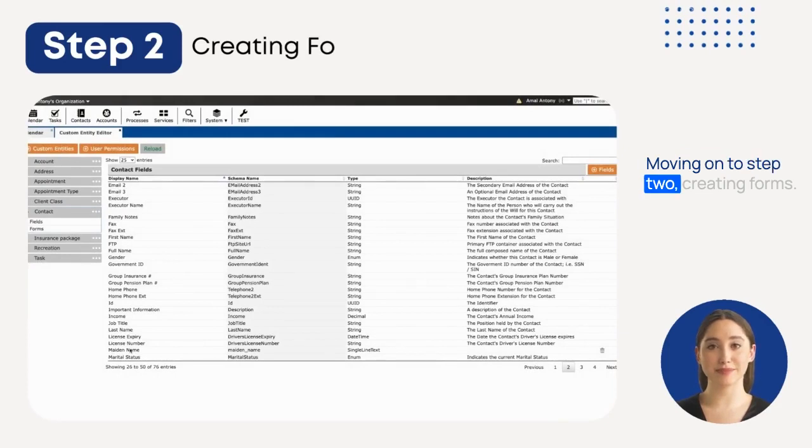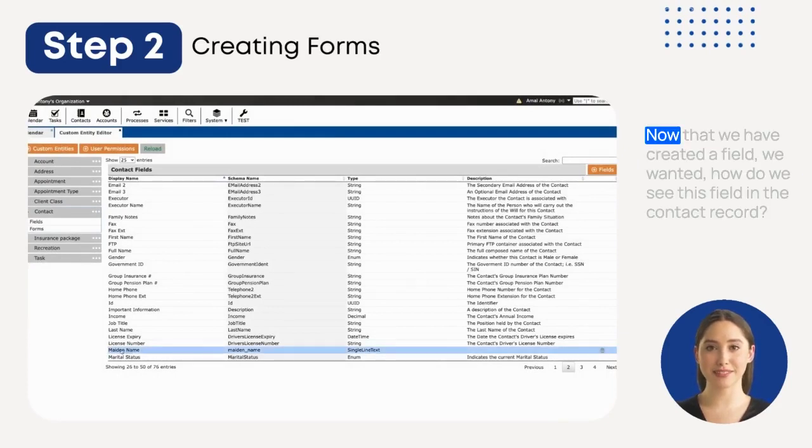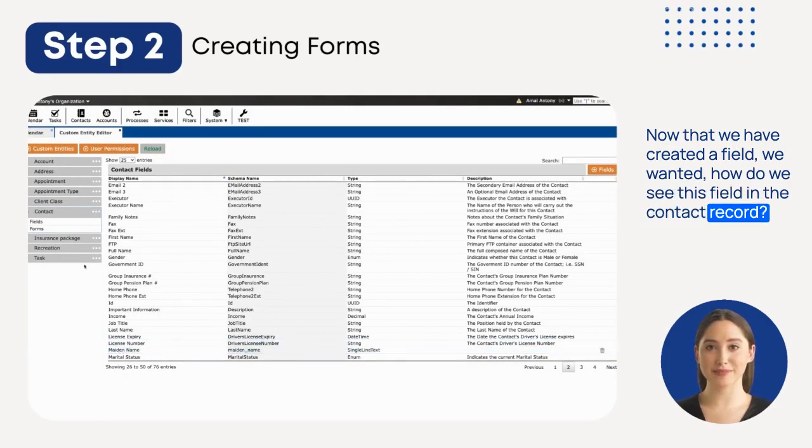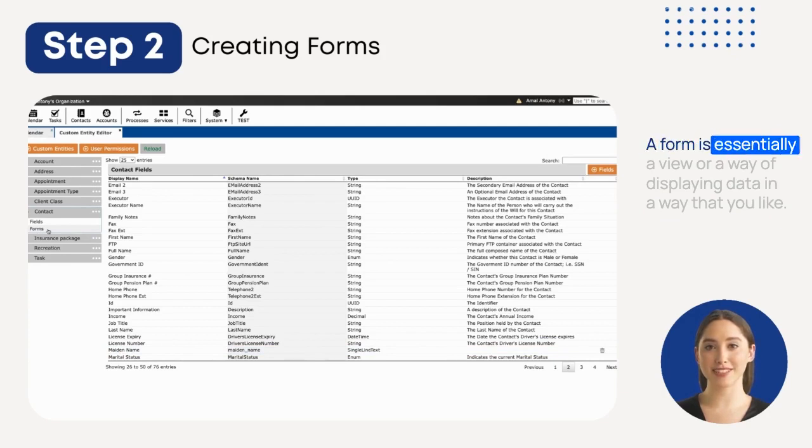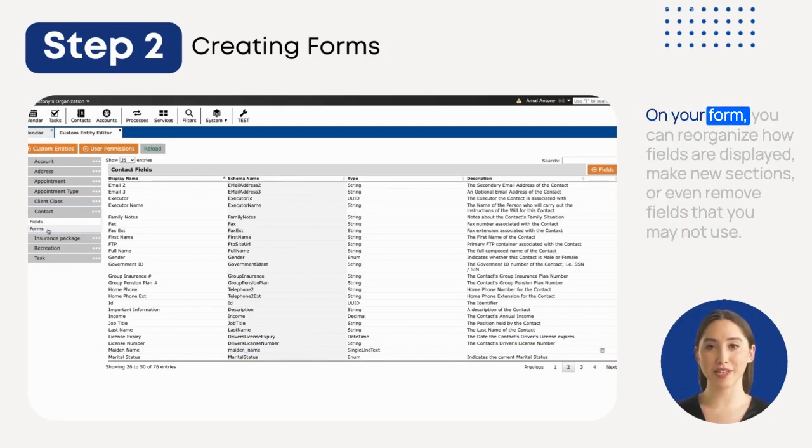Moving on to step 2, creating forms. Now that we have created a field we wanted, how do we see this field in the contact record? For that, we need to place this field on what's known as a form. A form is essentially a view or a way of displaying data in a way that you like. On your form, you can reorganize how fields are displayed, make new sections, or even remove fields that you may